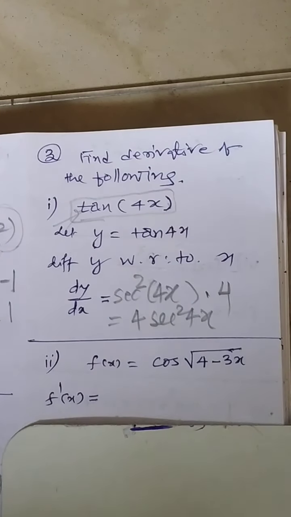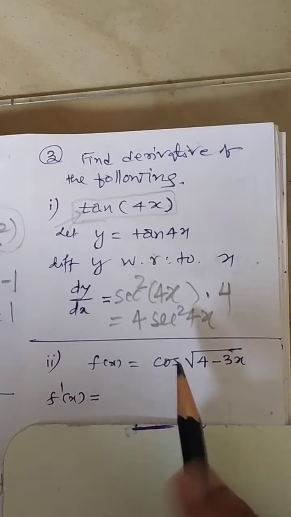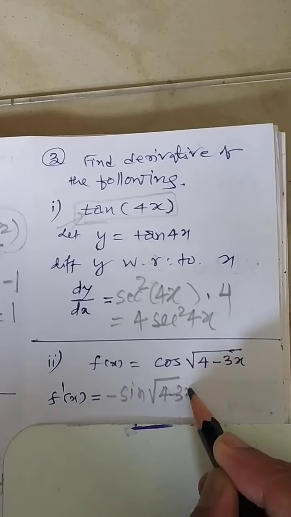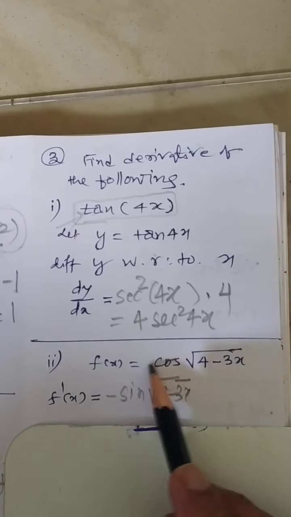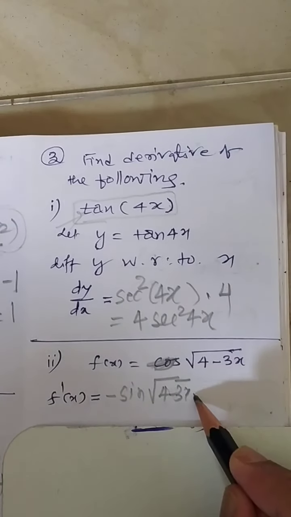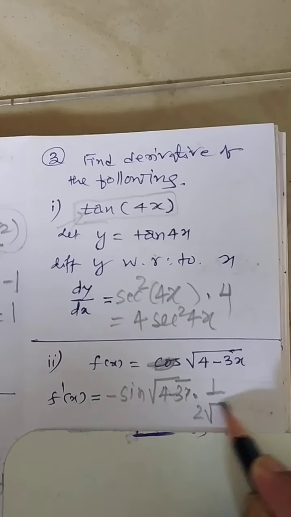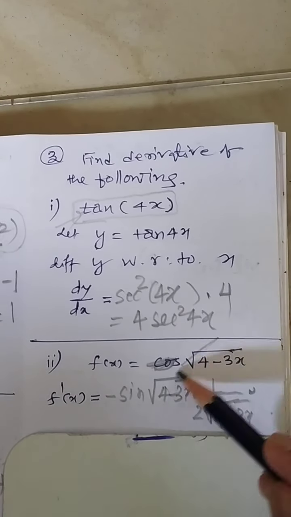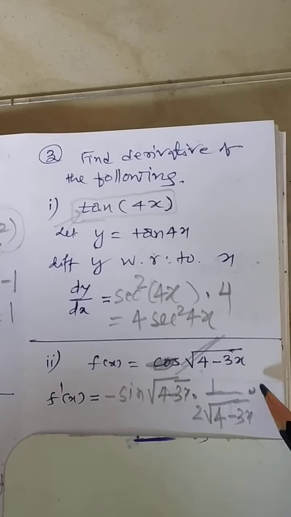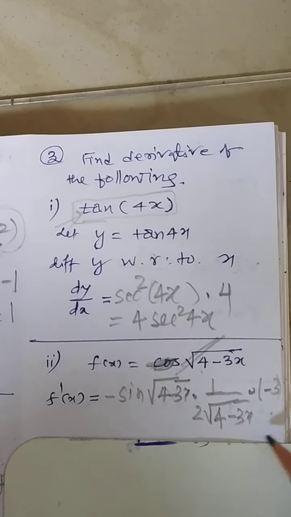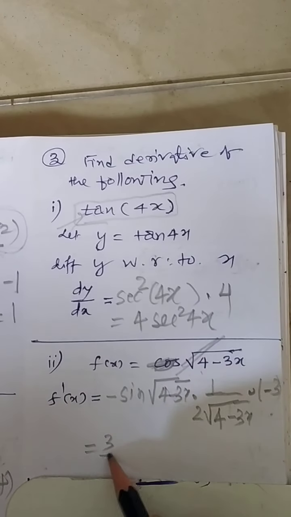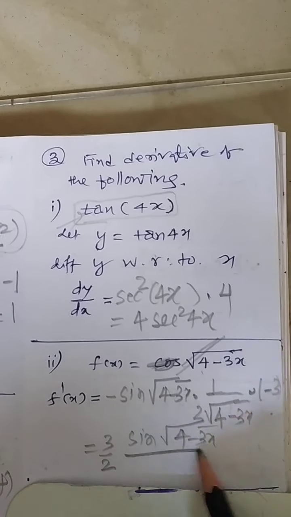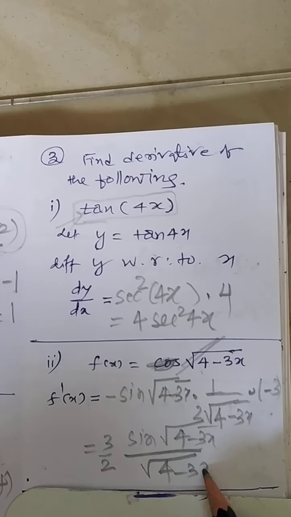Similar kind of question. Cos of root x. Getting f of x equal to cos of root of 4 minus 3x. Cos, so it will be minus sin of root of 4 minus 3x. This is the differentiation of cos. Now cos is not there in the problem, the root is there. Root differentiation you already know, 1 upon 2 square root of 4 minus 3x, just like 1 by 2 root x. Into, if this root is not there, 4 differentiation is 0, into it will be minus 3. Simplify and write it in the form of 3 by 2 over here, sin of root under 4 minus 3x divided by root under 4 minus 3x.